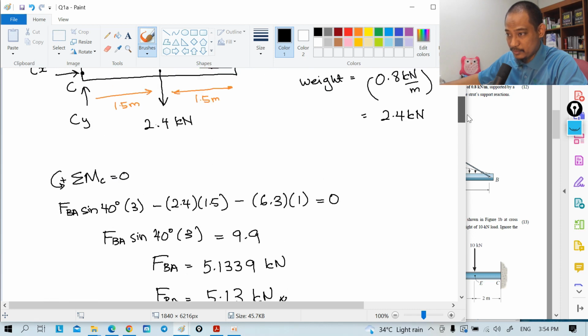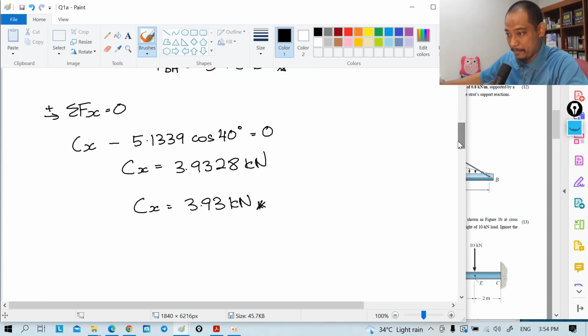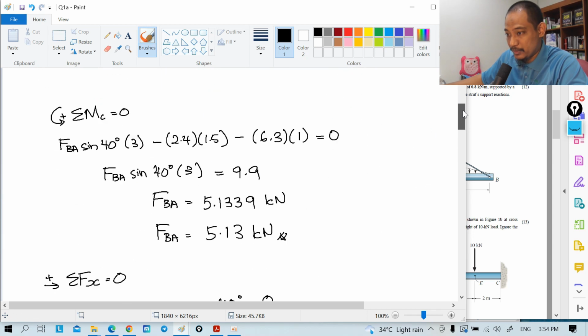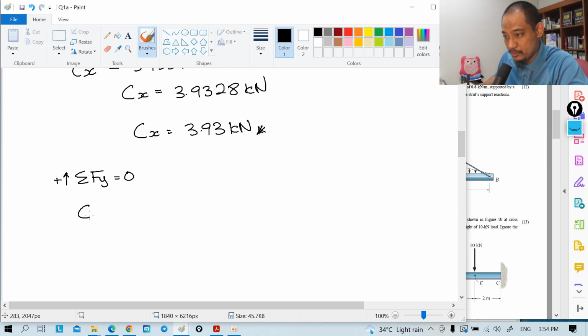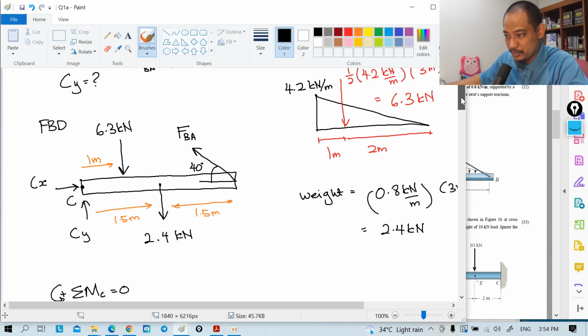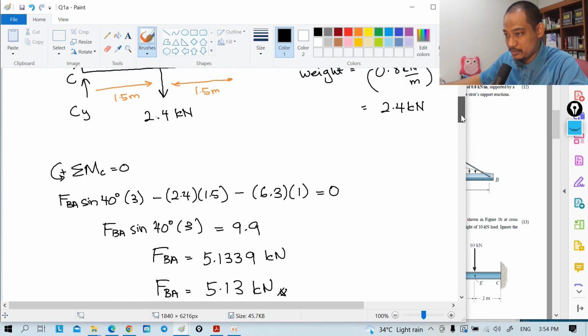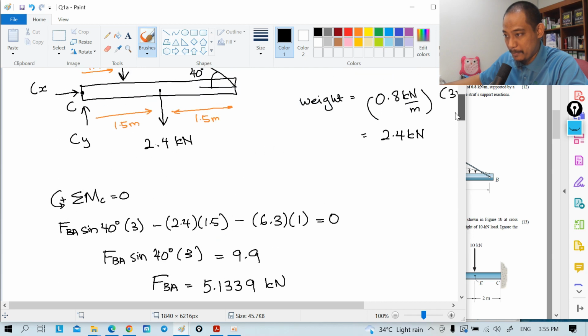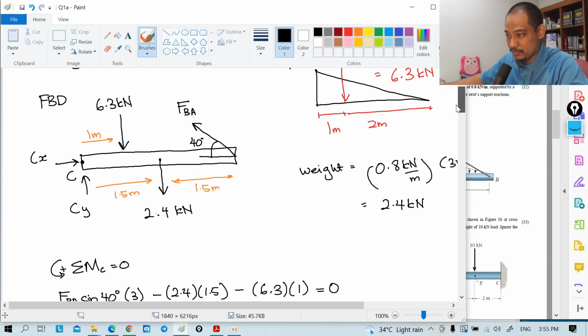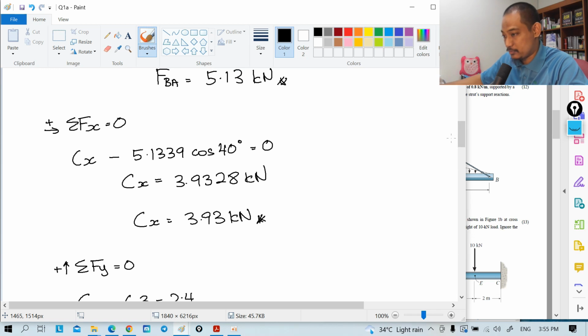Next we can have the summation of Fy equal to 0, positive upwards. So we have Cy upwards, and then we have the two forces downwards, so minus 6.3 and minus 2.4. So double check 6.3 and 2.4. Alright, and then FBA sine 40 upwards, so plus